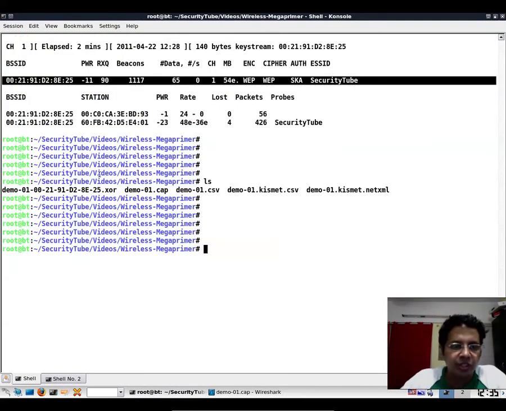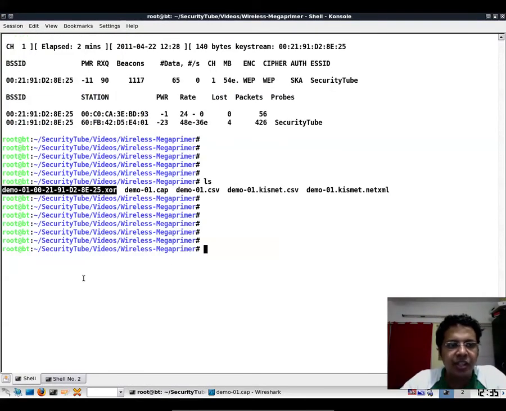There is already a little file created here called demo-01 and so on, which is nothing but the BSSID of the access point .xor. So Airodump has been nice enough to do the entire XORing for the shared key authentication, and it has placed the key stream in this directory.